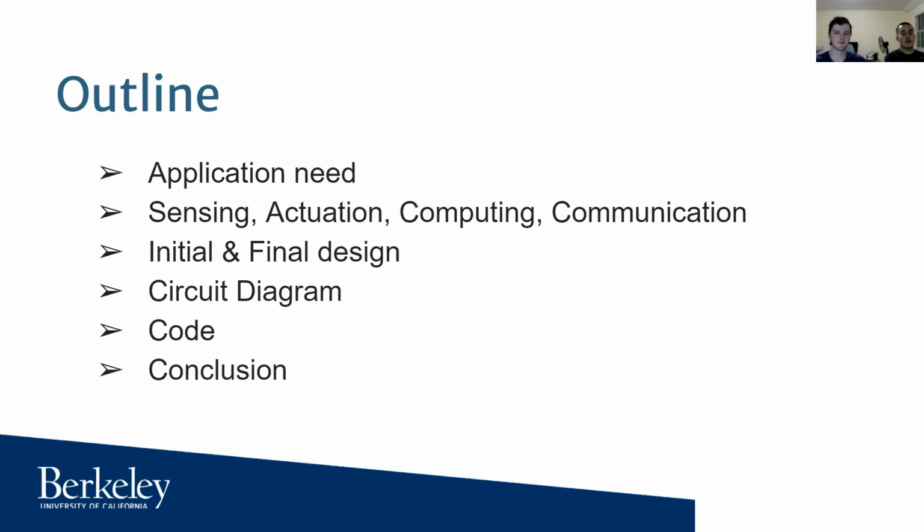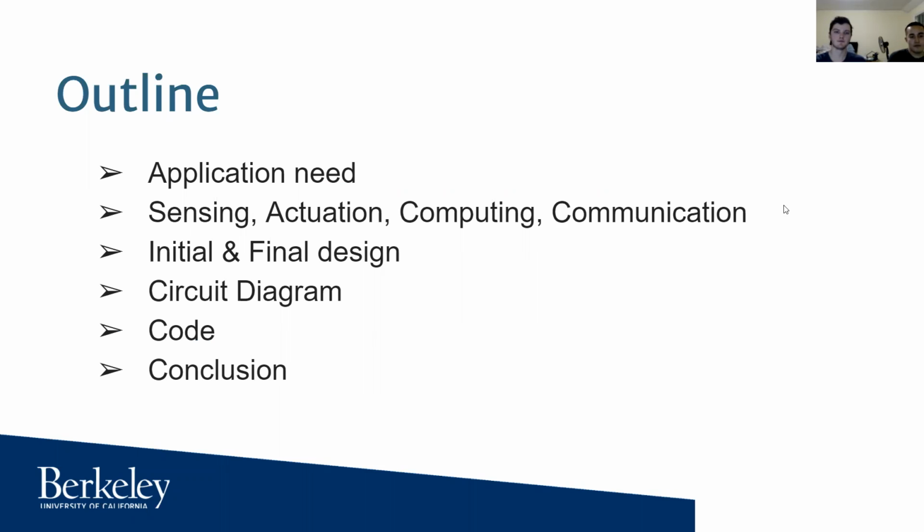So this is our outline of what we're going to be doing today. First, we're going to cover the application need for our product. Then we'll talk about how it goes about completing the requirements for sensing, actuation, computing, and communication. We'll dive into our initial design, and then we'll cover our final outcome and design. Then we'll explain the circuit and go into the code, and finally finish off with our final results in the